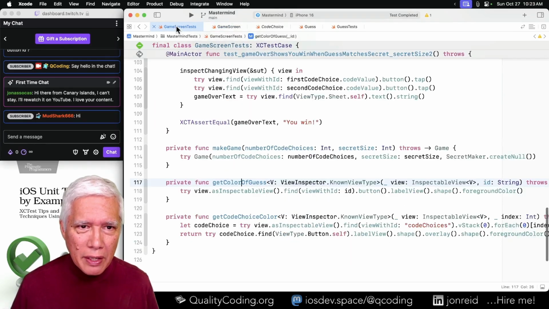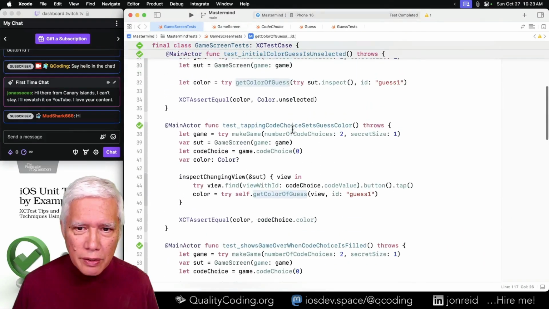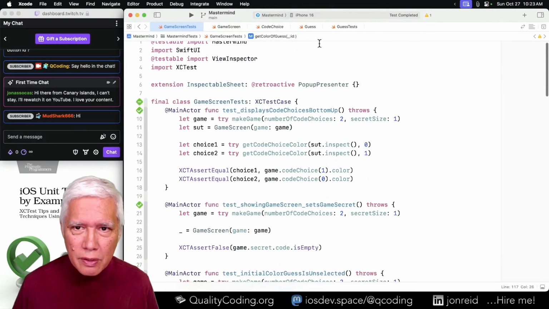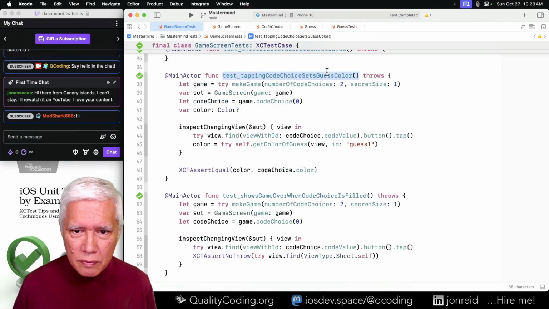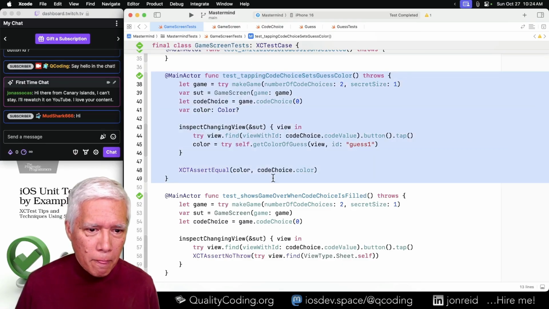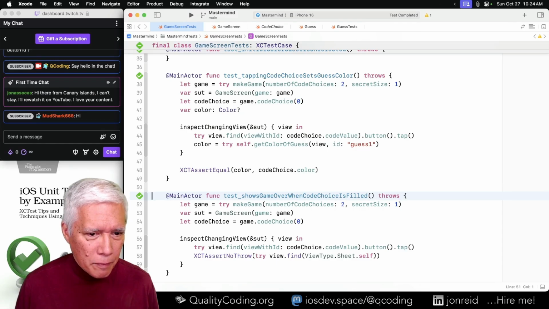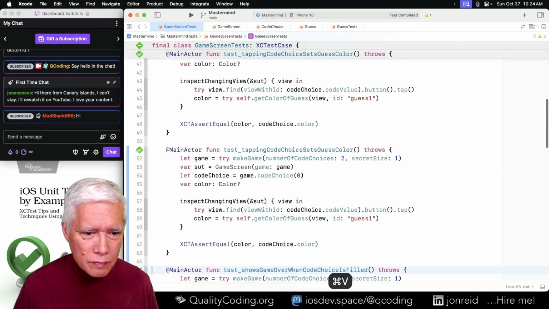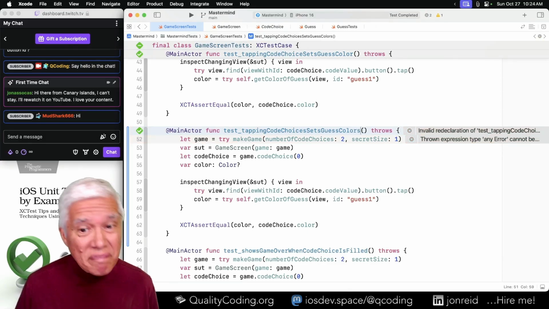All right, back to here. Back to our tapping code choice sets guess color. Now we can try again. Tapping code choices sets guess colors.